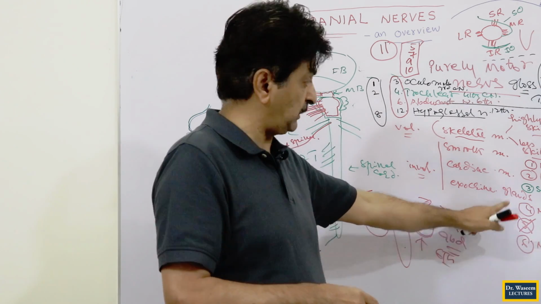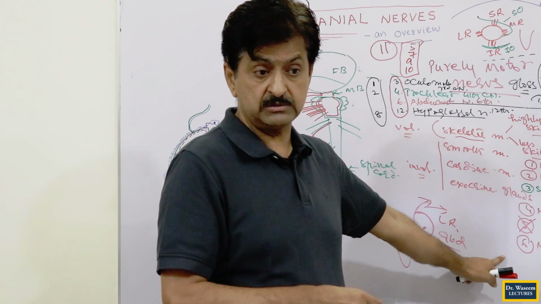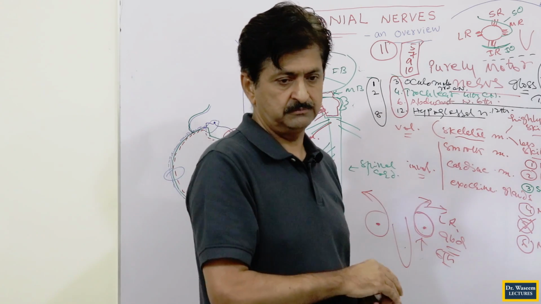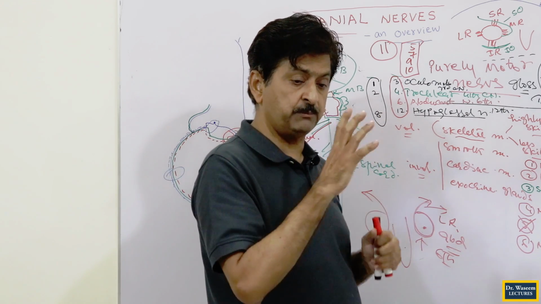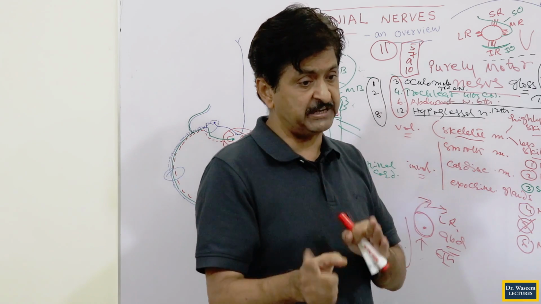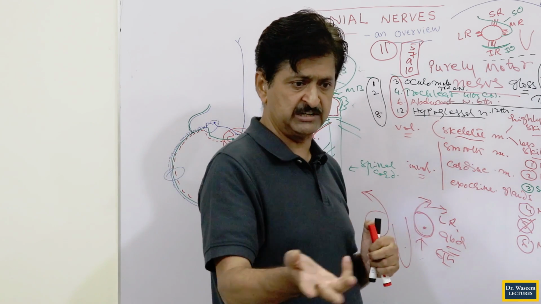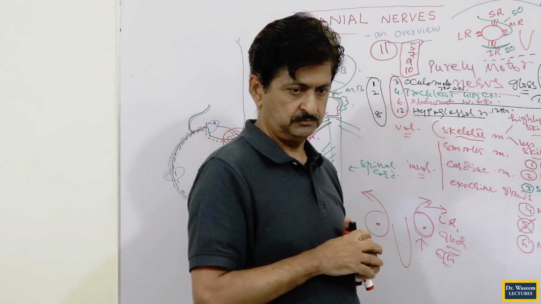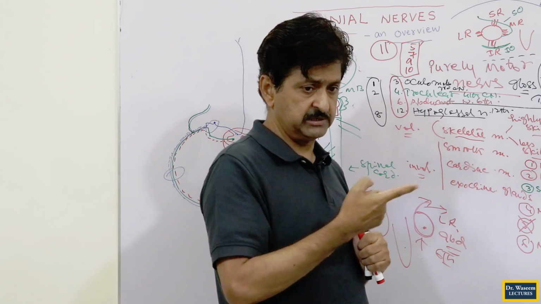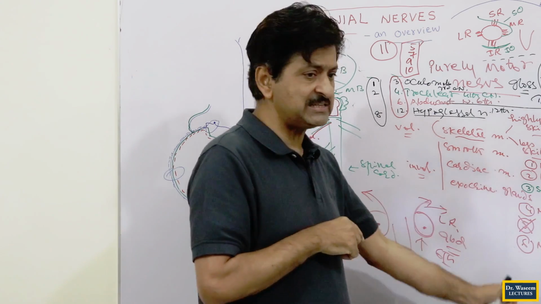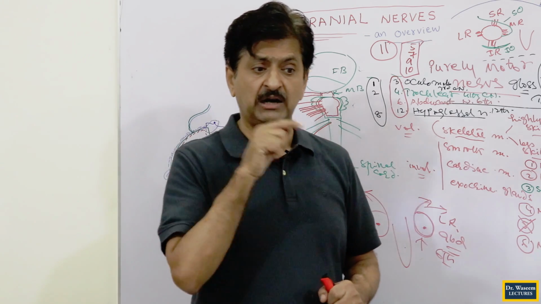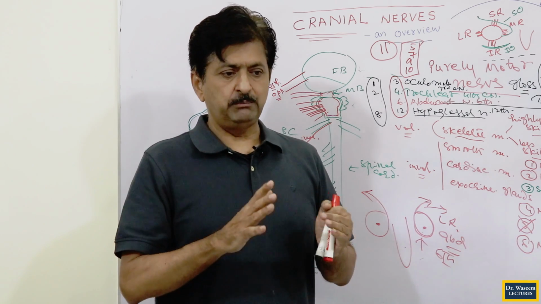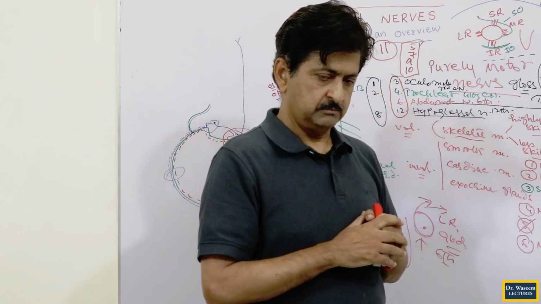You know that these are less skilled muscles. Why are they less skilled? Because they do not develop from somites. Highly skilled muscles are those which develop either from somites or from the somatic lateral plate. Lateral plate is visceral and somatic both. So the tongue and the eyeball muscles are basically somatic, that's why they are highly skilled. But these less skilled muscles do not develop from somites or somatic plates. They develop basically from mesenchyme.